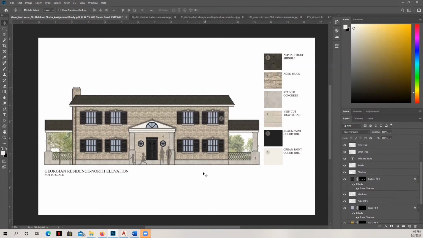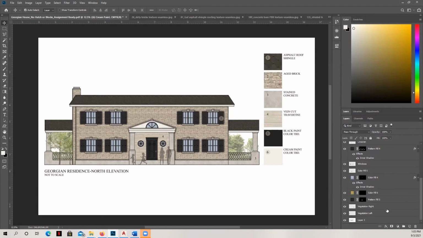The other thing you might want to be aware of is that you can also lock layers so that they don't move. Several times throughout my lesson, I've grabbed things accidentally and moved them. The one that I definitely never want to move, because that's going to mess up everything, is this elevation. All I have to do is select that layer, move up here and hit the lock button. Now that that padlock is on there, I couldn't move that if I tried. If I try to move that layer by selecting my move command and moving using my arrows, it will say that it won't let me nudge it because it's locked.